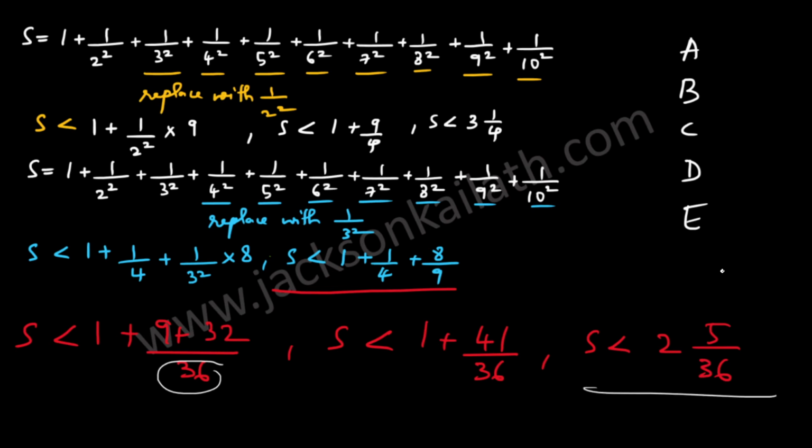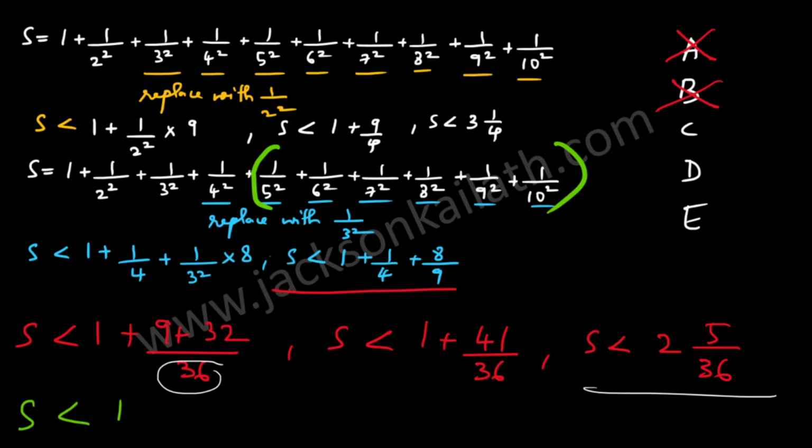Now based on this, I can eliminate option A, which says that s is greater than 3. So that's definitely not true. Option A is out, and option B says s is equal to 3. That's also not true based on this. So two options were successfully eliminated. But again, it's not enough to eliminate any two of these three options. So again, we have to do this at the next level. I'm going to apply to these set of values the value 1 by 4 square.